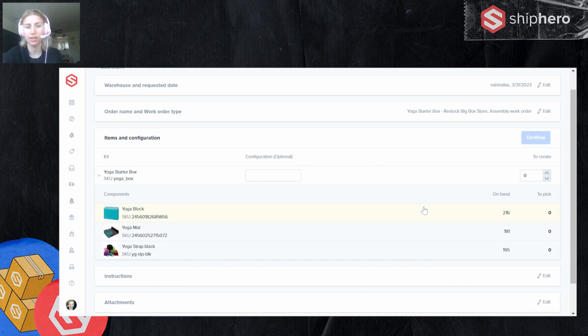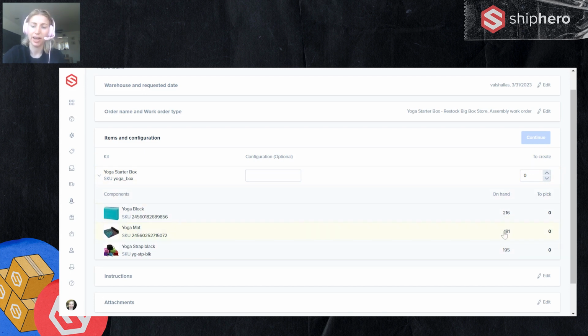And then you'll see here, there's a configuration. So we know already that you need 2 blocks per box, one of these. That's already stored. This is more for internal use if you have some sort of code you would like to use or some sort of special packaging, any sort of extra note. It's completely optional, but you can put that in. And this will show you, I'll show you later where you can find this information. And then you'll be asked how many you would like to create.